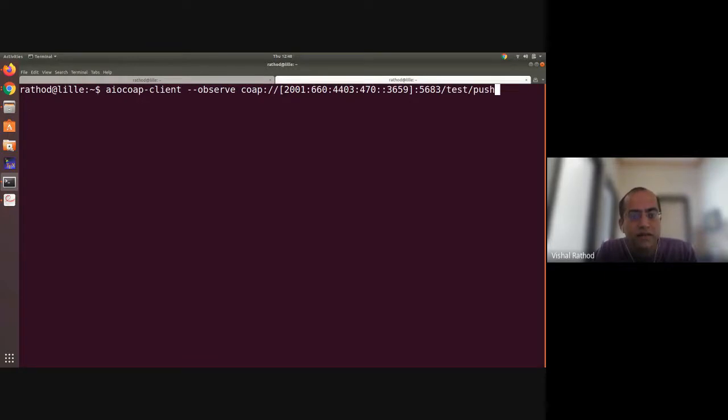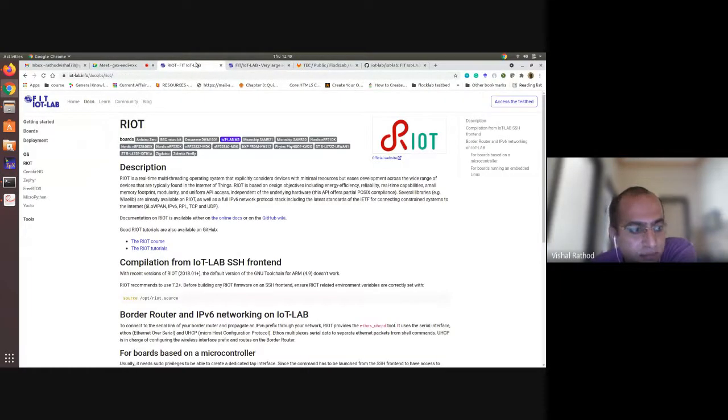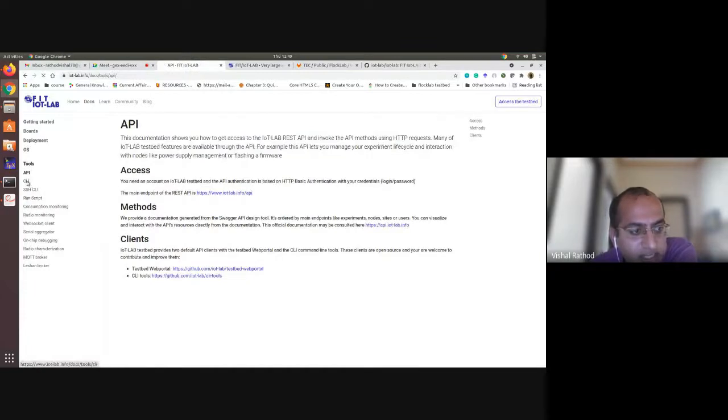For that, there is one command. It is a CLI tool, command line interface tool. You can see the command iotlab-node. So I will show you the command line interface tools, CLIs.